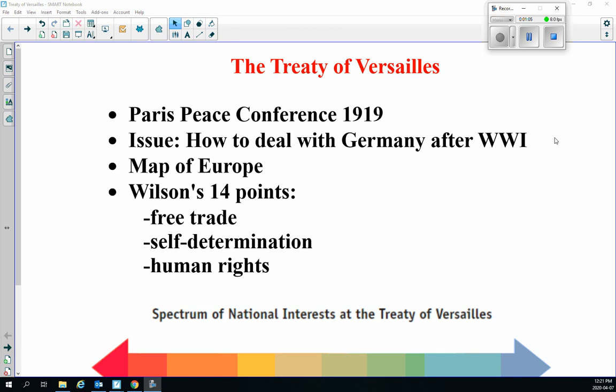Woodrow Wilson, representing America at that time, brought with him a list of 14 points. Not going to talk about all 14, but the big three of his 14 points, at least for our course, would involve the establishment of free trade. Self-determination is the big one in 20-1. That means letting countries have their own sovereignty, letting groups of people within an empire break away and declare sovereignty. They get their own political self-determination. And I'll show you how that works on a map in a few seconds. And the establishment of basic human rights.